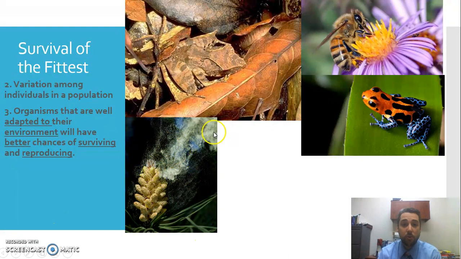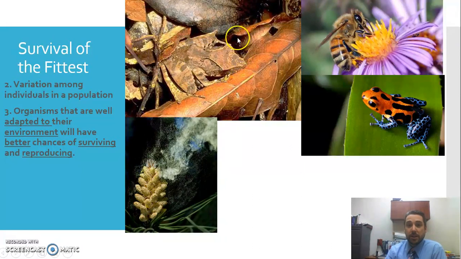So far we have over-reproduction. This plant, these pollens, those are all seeds. There's just a boatload of pollen making seeds, and not all of them are going to be able to survive. If you think about the sheer amount of seeds produced by a tree, not all of them find the right spot or are able to survive and then grow. Same idea with our flowering plants and our bees. You've got to be able to attract those organisms to help you spread those seeds.